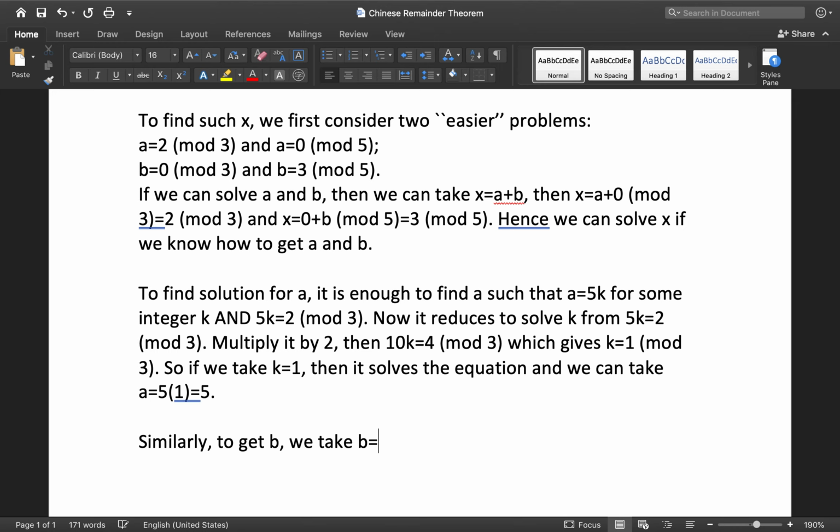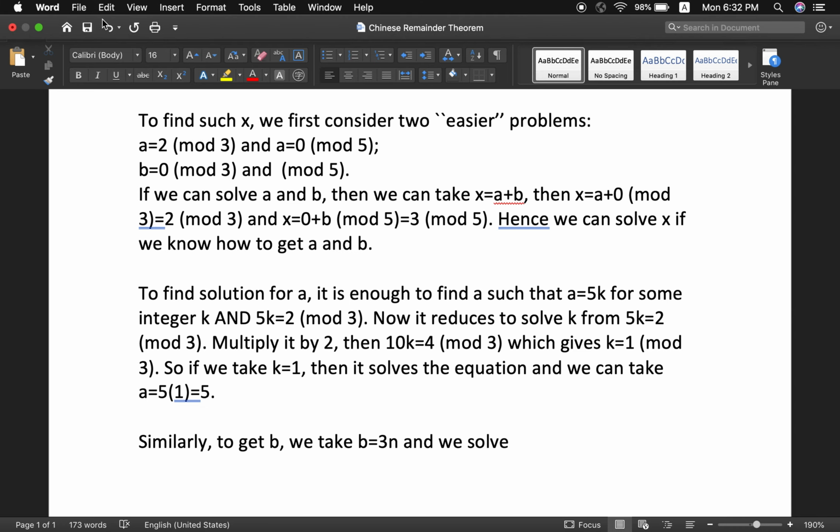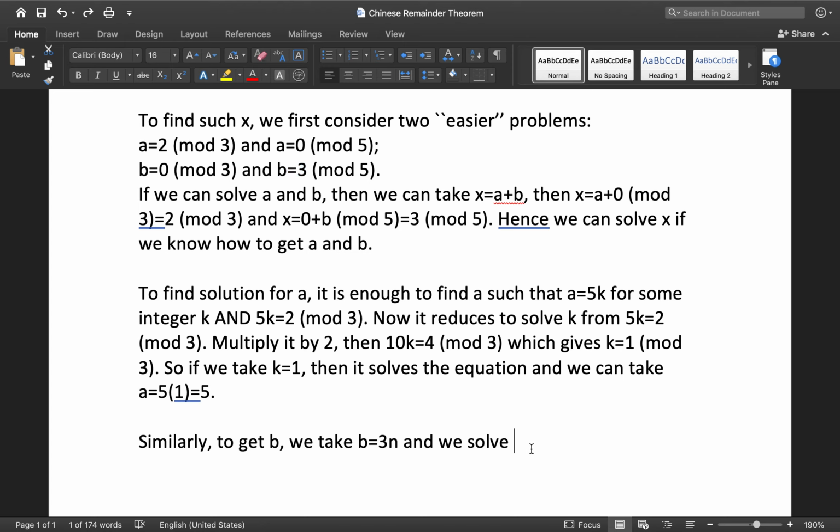So let's say b equal to 3n, and we take b equal to 3n into the second equation. So we have 3n, and we solve 3n congruent to 3 modulo